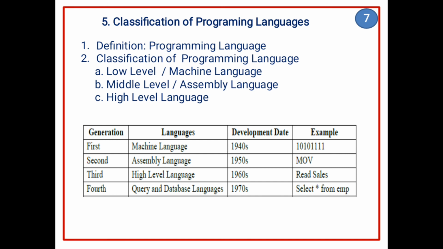The process of translating an assembly language program into its equivalent machine language program is done with the use of an assembler. Assembler is used to translate middle level language to low level language. Now, what are the advantages of middle level language? First advantage is writing instructions is easier. Second advantage is it is more reliable. And third advantage is it is easy to understand, find errors and modify.